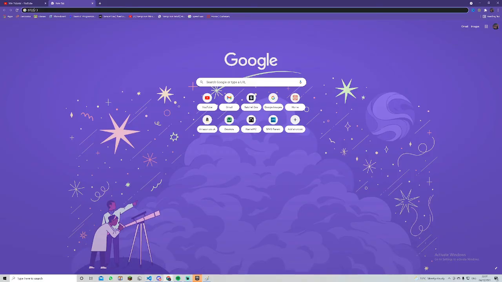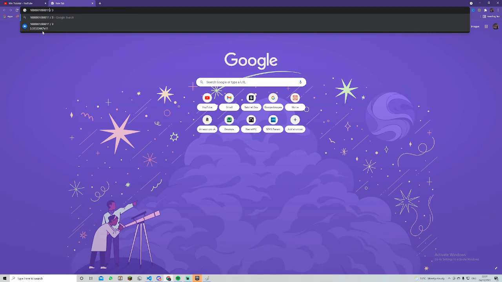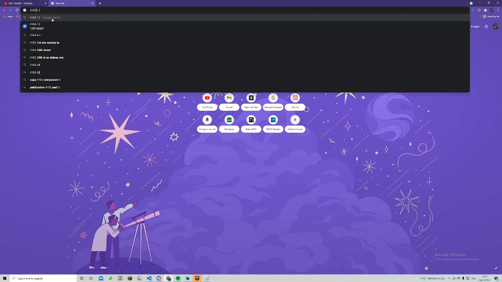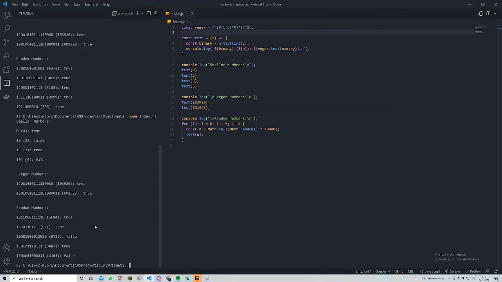And that's got a remainder. Oh, I copied the wrong thing. That's got a remainder as well. So perfect, our program works for divisible by 3. So now let's try and make one